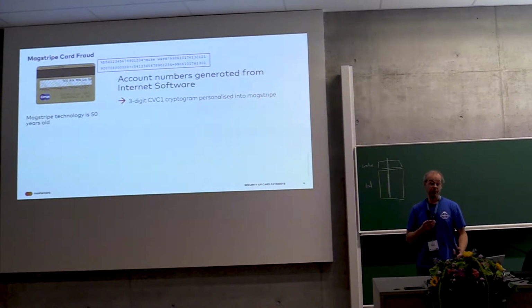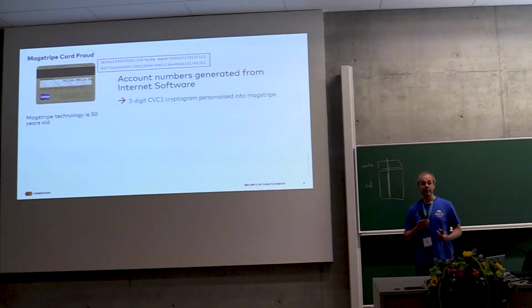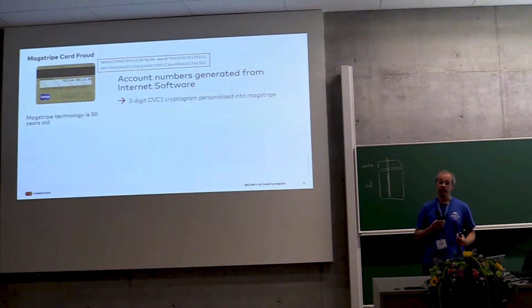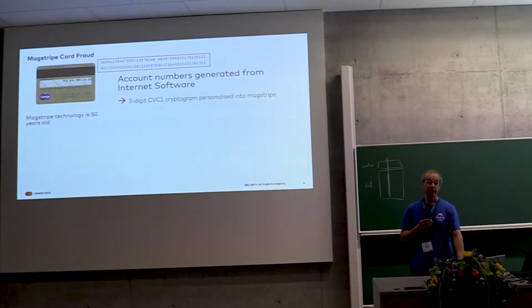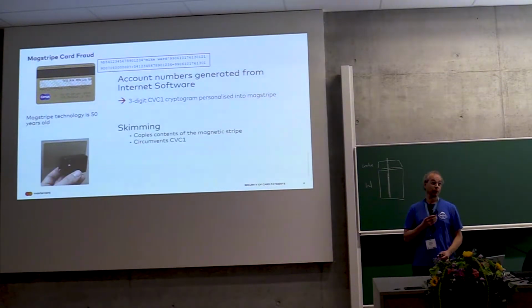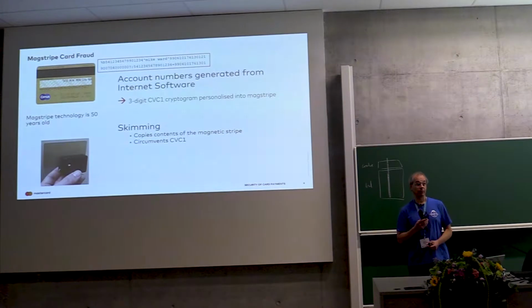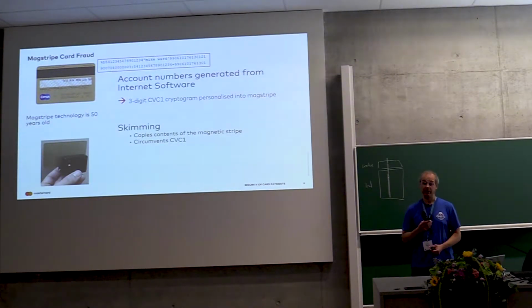So CVC1 is only 3 digits. It's basically generated by the issuer of the card encrypting the card number and expiry date, and then truncating the result of that to 3 digits. So very basic, but it does the trick insofar as you can't just randomly create a mag stripe that would pass a CVC1 check by the issuer. The fraudsters are forced, of course, to skim the data at source, and that became very prevalent, and still actually is prevalent,